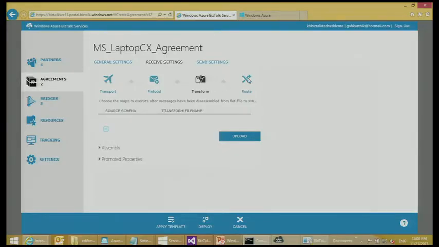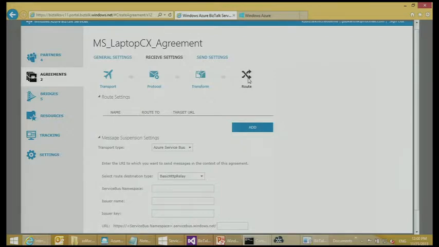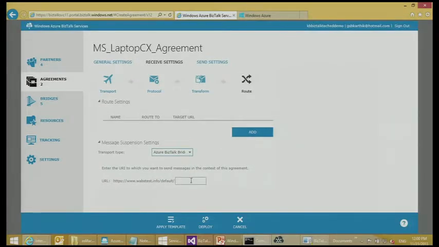Once I transform the message, I can route the message. So I have received a message from my partner, and I can route the message to one of my target destinations. I can do it using Service Bus. I can route it to another bridge, or I can route it to a blob, right? Let me say I need to route it to a bridge, and I'm going to route it to a PDF